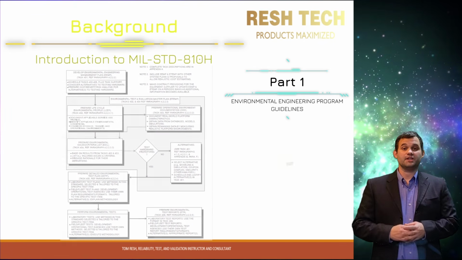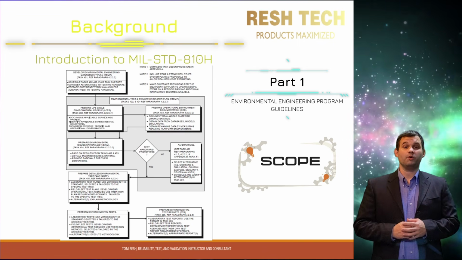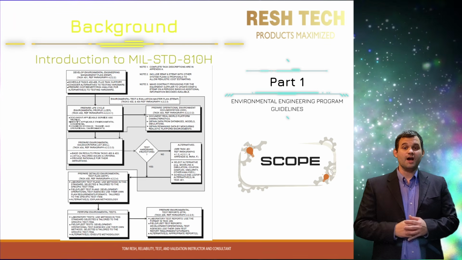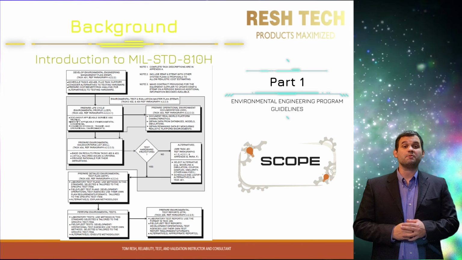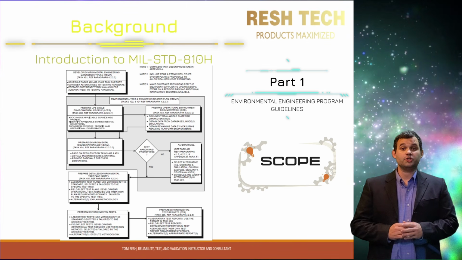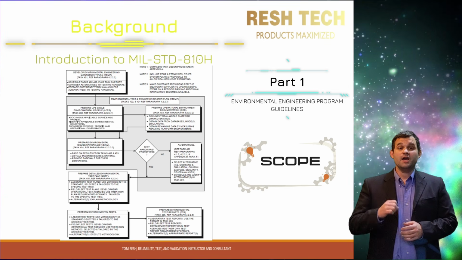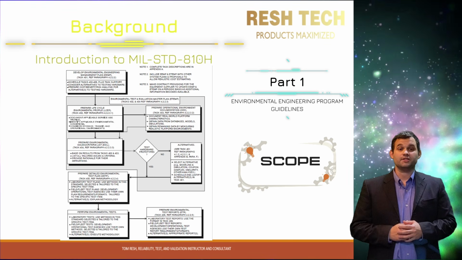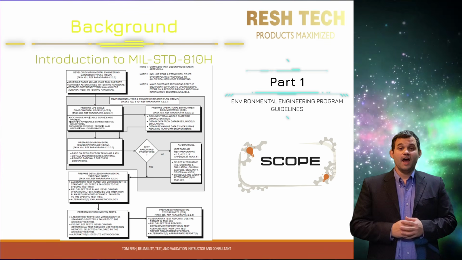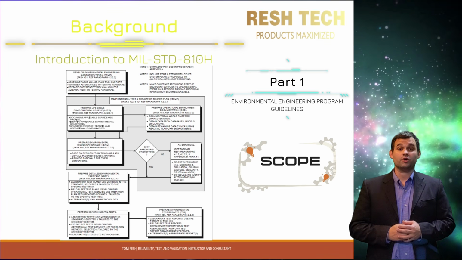Under the scope section, let's briefly cover Figure 1.1, Environmental Engineering Program Guide. Pictured is the process and decision matrix for planning and preparing for an environmental testing program. This process shows the planning and preparation steps for environmental testing on military systems. One interesting note is that the decision tree here poses a question of whether test hardware or prototypes will be